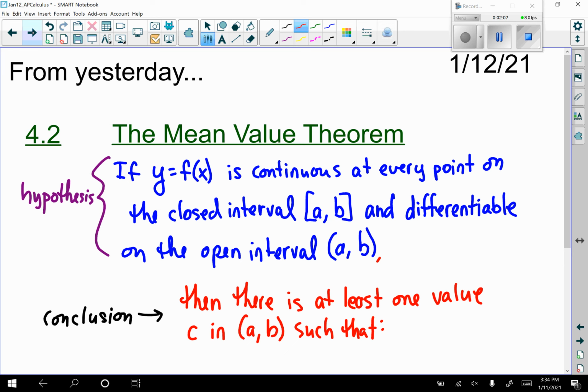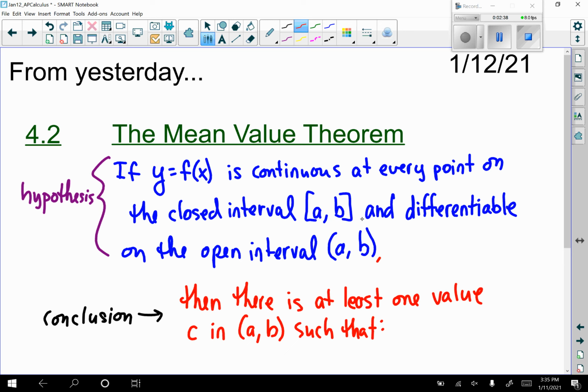All right, so yesterday we already wrote all this down. I just want to go back over it again so you don't have to recopy it. I introduced you to the mean value theorem. So this again was the hypothesis. It contained two conditions or two parts. And again, that said if y is equal to f of x, and that's a continuous function, it's continuous at every point on the closed interval from a to b, and it also has to be differentiable on the open interval from a to b, because we have to be able to draw on a tangent line,